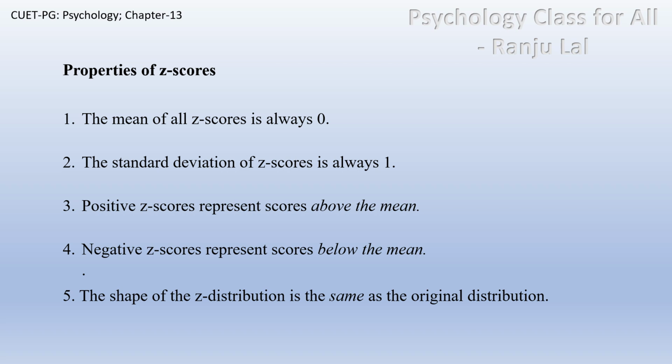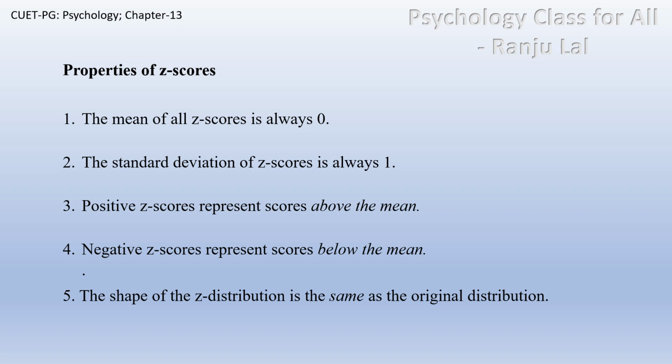Third is positive Z scores represent scores above the mean. For example, Z score equals to plus 2 means the score is 2 standard deviation above average. Negative Z scores represent scores below the mean. Again, the same example, if we'll take like Z is equal to minus 1, that means 1 standard deviation below